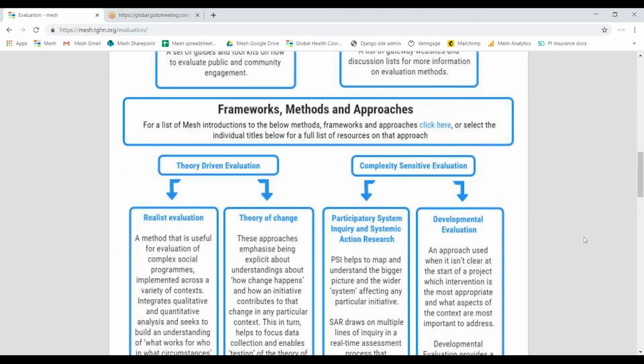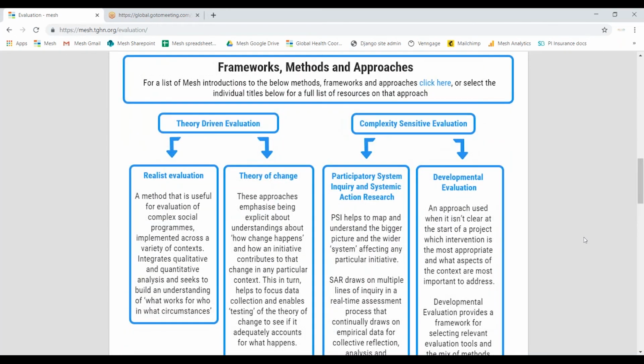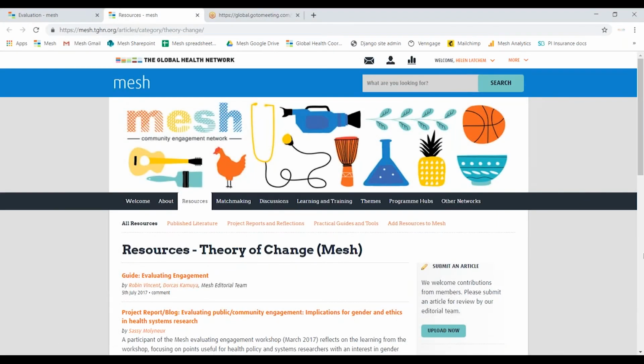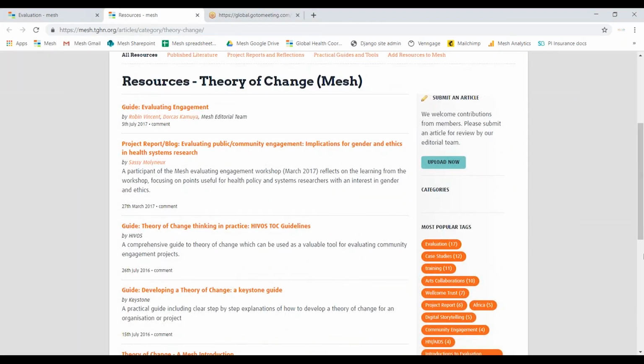For example, if someone had mentioned theory of change to you as a way of measuring a program or a project, you could say, okay, under the methods and approaches, I can see there's 2 theory-driven evaluation approaches, and one of them is theory of change. It gives you a little introduction here so that you can see you're in the right place. You click on theory of change, and it gives you a list of the resources under that area.